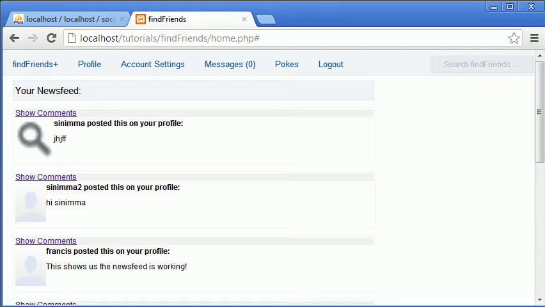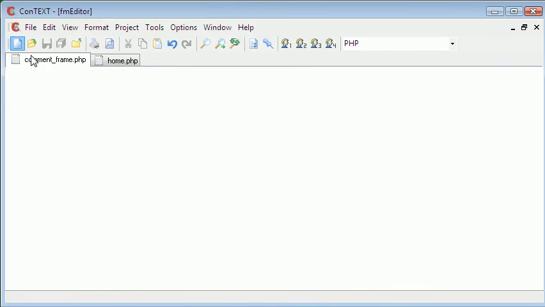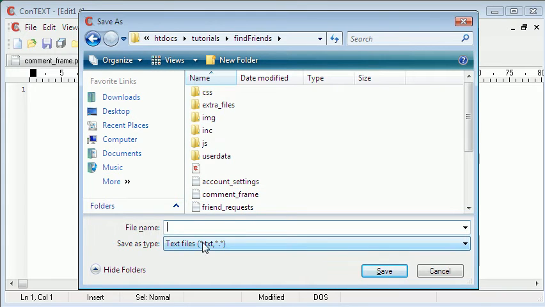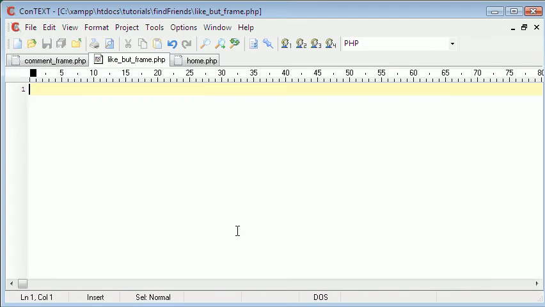So what we're going to do is create a new page. We go back into the root directory, and this page is just going to be called likebutton frame.php. When we hit save, we now have a brand new empty page called likebutton frame. So if we open the new PHP tags,